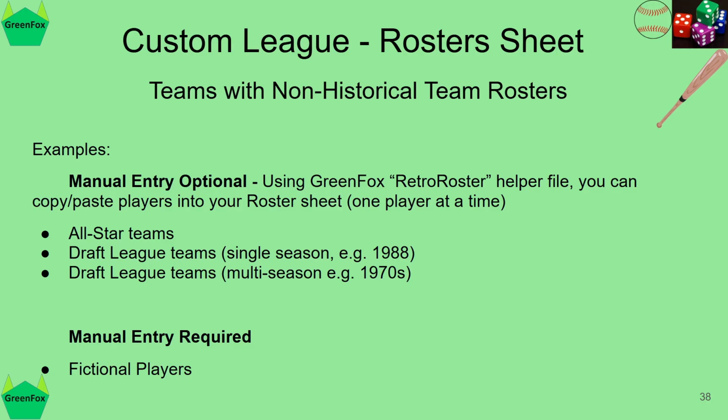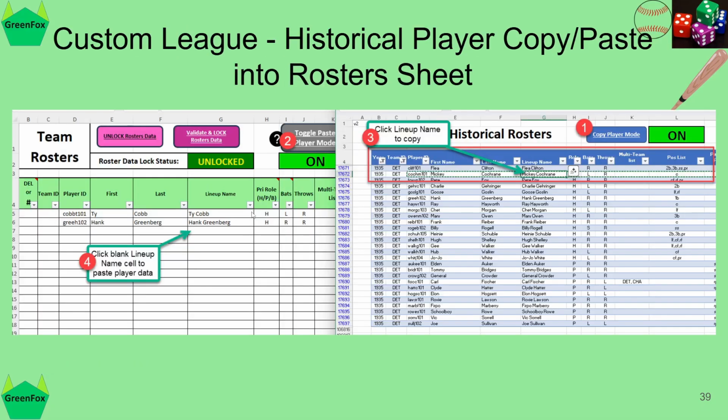And the other option for custom league rosters, if you have fictional players or players that weren't on a major league team, then in that case, the only option really is to enter them all manually. And maybe you have them in a spreadsheet already that you could copy and paste some of it in. But for the most part, you have to enter those manually. But for the historical players, maybe copy paste one at a time, I wanted to show this feature, which is